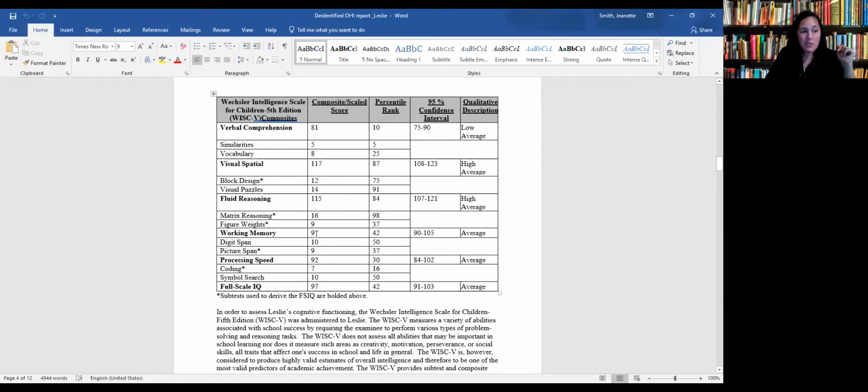His working memory is not too far from the average. It's only about 3 points. So he should be able to recall information long enough to complete a task. He should not require as many repetitions as he's clearly getting in the classroom because he's distracting himself with other tasks. His processing speed, the ability to complete tasks rapidly, was good, but where he was really struggling was more in this area.